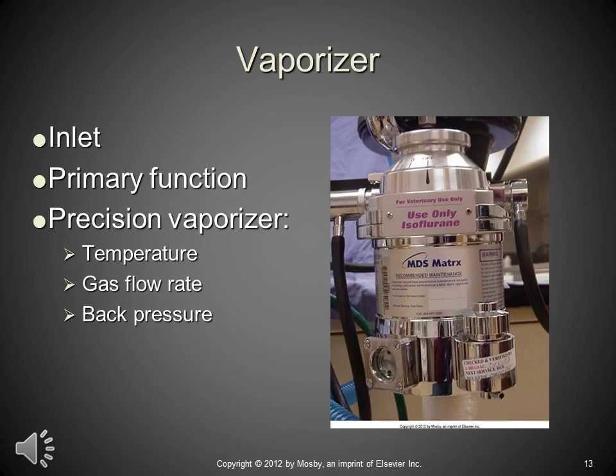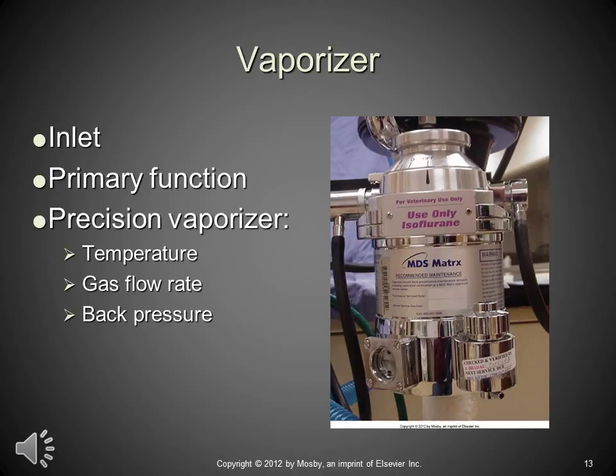Really, the heart, the guts, the engine of the machine is going to be a vaporizer, because without a vaporizer, without gas, it's pretty much just an oxygen delivery system. Not that that's always bad. And there are times we use machines for that, just for 100% oxygenation. But the vaporizer is what's going to deliver, in this case, isoflurane. There is an inlet where oxygen comes in. Its primary function is to turn oxygen and liquid into oxygen and an inhaled gas,